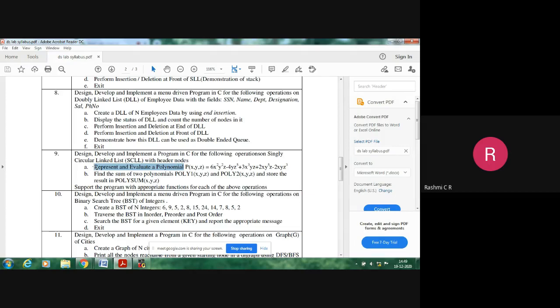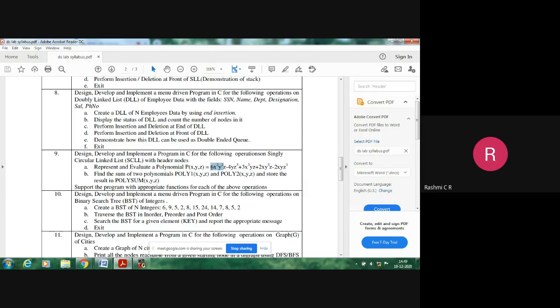So what is given? Actually, they have given a format for polynomial representation. In some cases, your polynomial may have a single variable, or it can also have two or three variables. Here P is considered with three variables, that is x, y, z. This is the example polynomial.